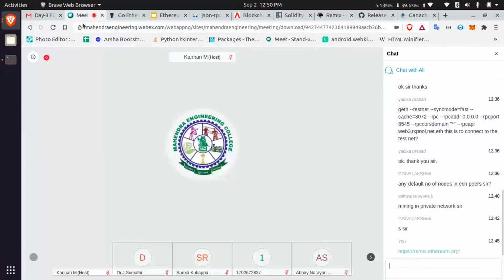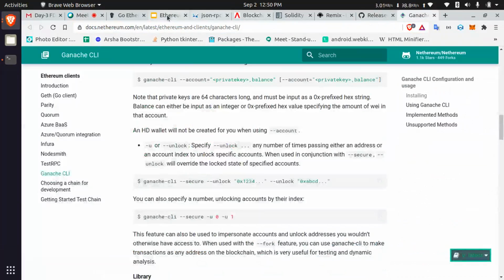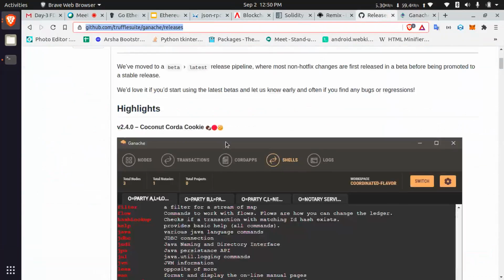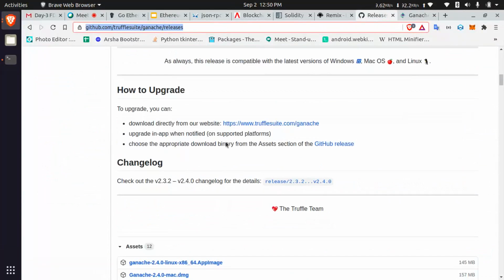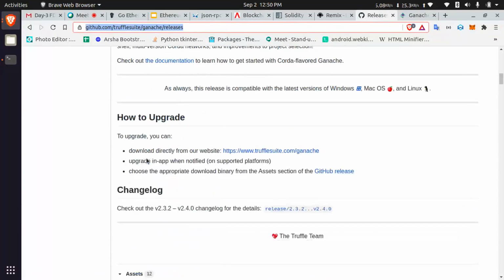From here you can download Ganache. Here they give exe for Windows, Linux, Mac, all the OSs.